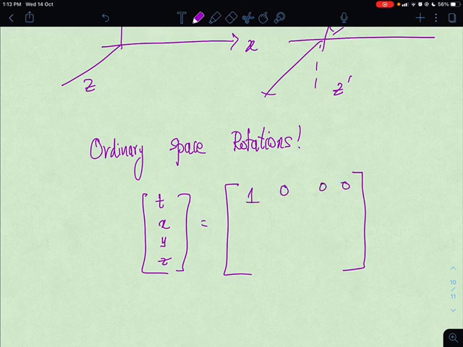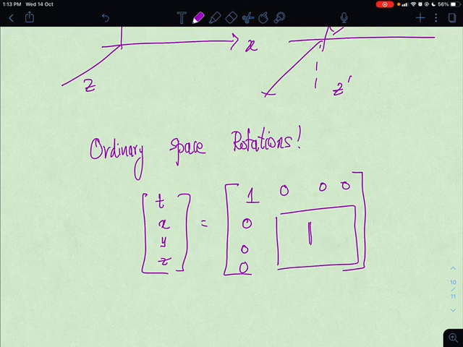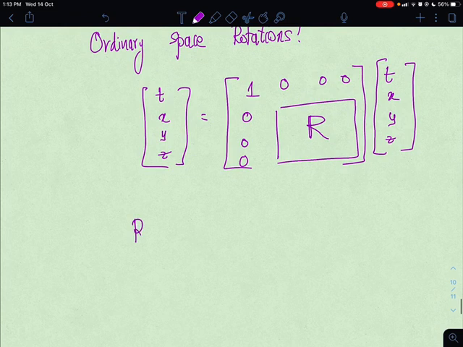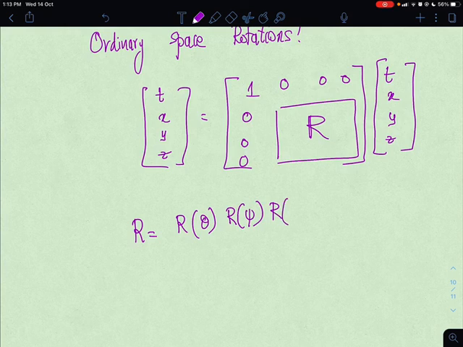So you will have a transformation in this particular fashion: 1, 0, 0, 0, and then this block matrix, which I call the rotation matrix R, acting on t, x, y and z. Here R is a matrix made up of the Euler angles, which you have studied in your classical mechanics course, which define rotations in different directions. So, theta, psi, delta, say for example,